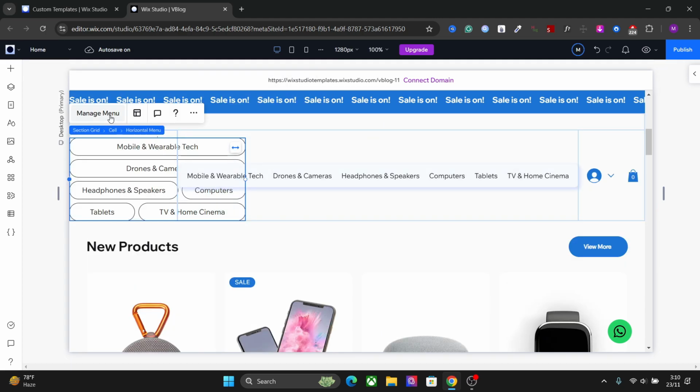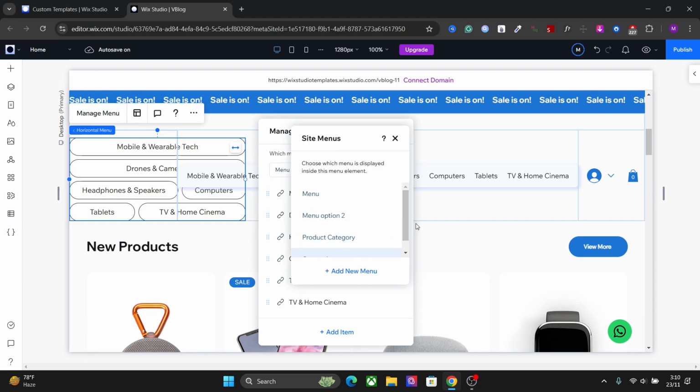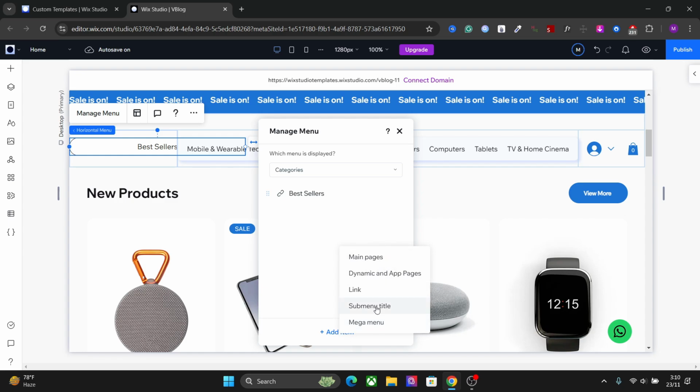Go to the menu here and go to manage site menu. And here you can add your new menus. So I have already added one. I'm going to choose this, add item, either submenu title or mega menu. So let's go with the submenu for this one and call it